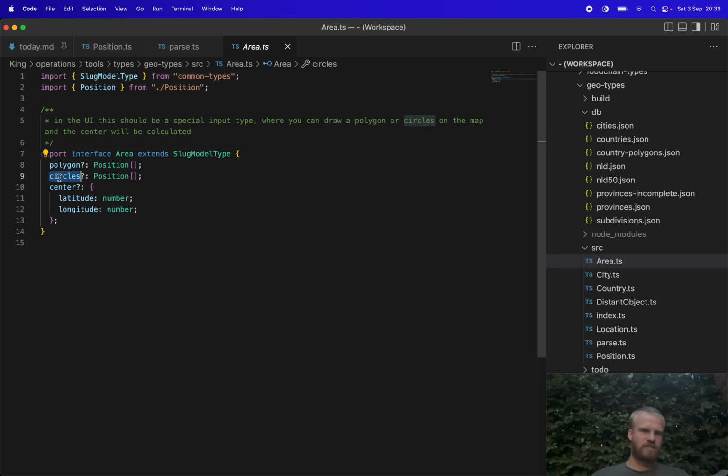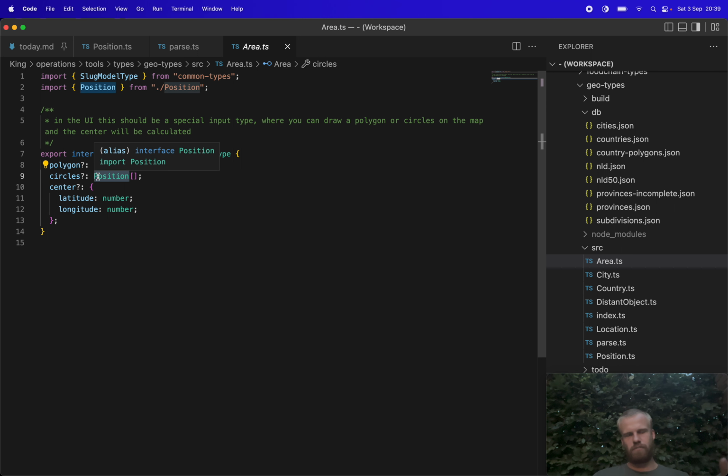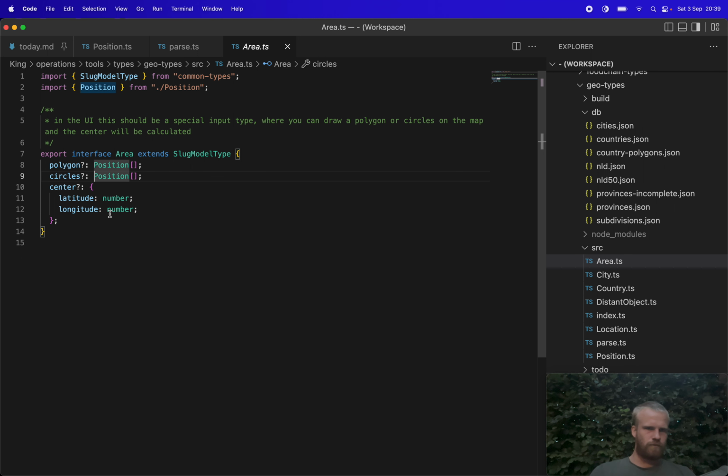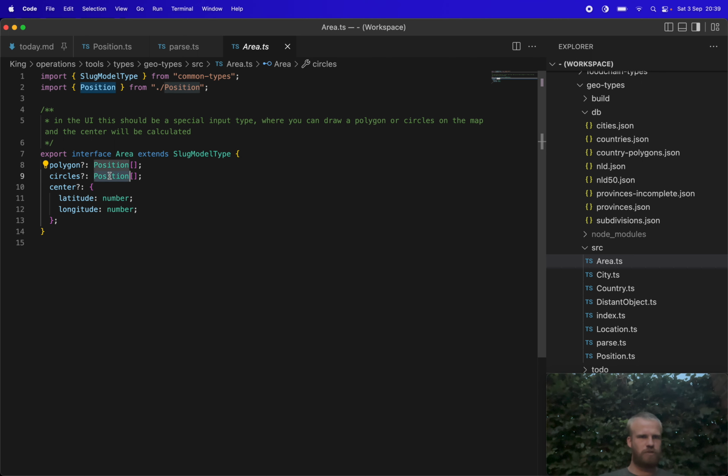You can also say that it's a combination of multiple circles, but these are optional properties. So you could say like a circle is a position, but there are multiple circles. That, by the way, I think a circle should be a circle array,